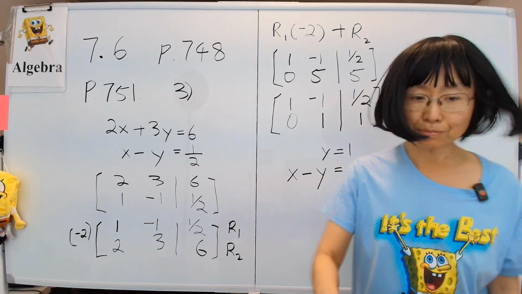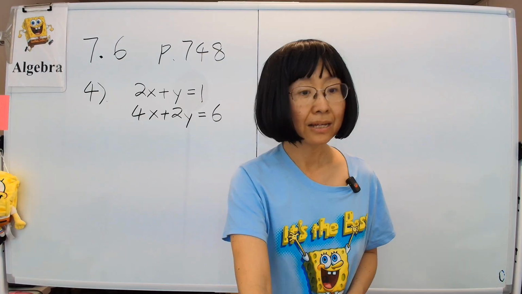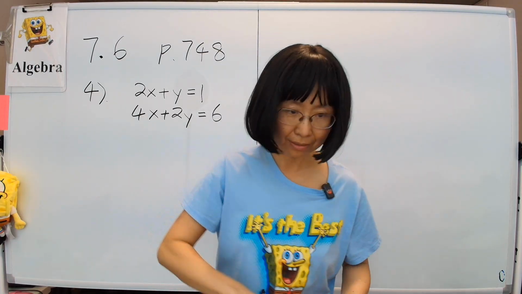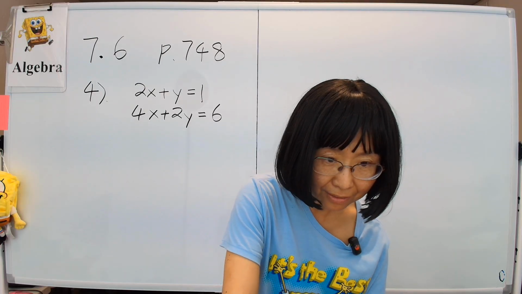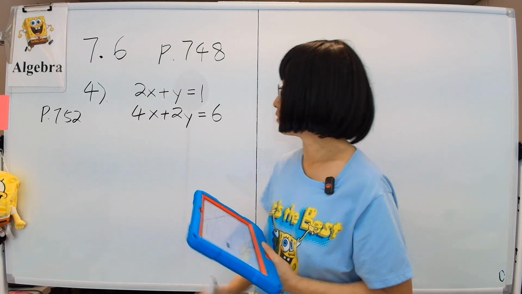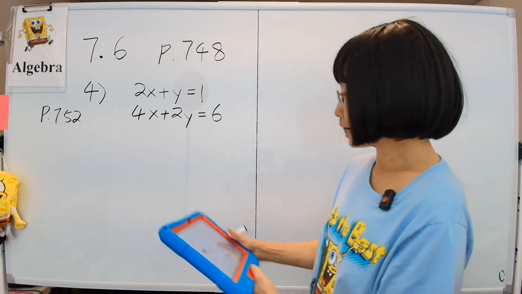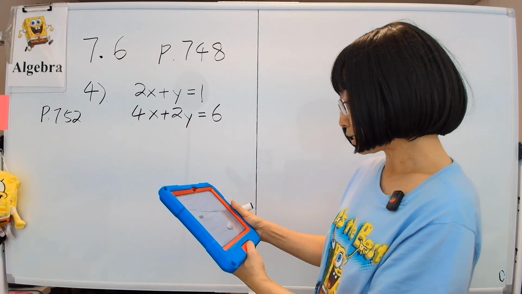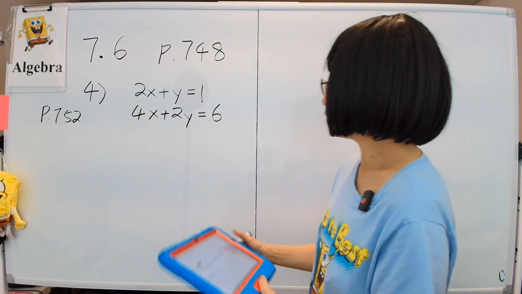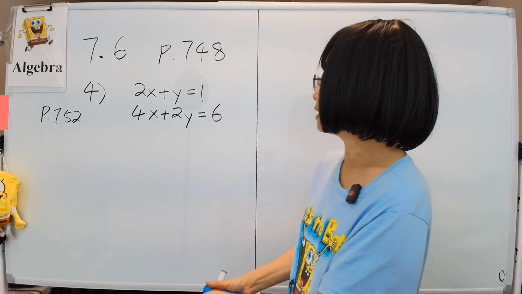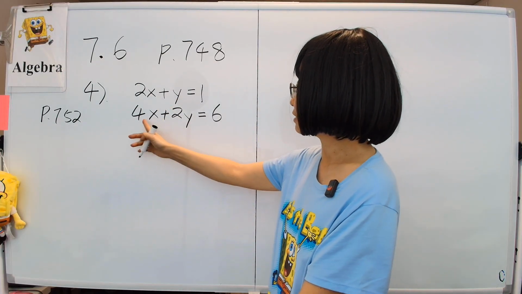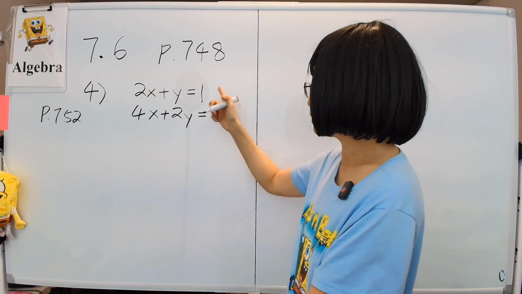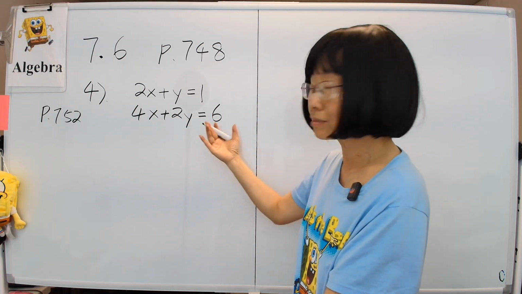So let me erase the board. So next, let's do example 4 on page 752, where we have 2x plus y equals 1, 4x plus 2y equals 6. And you notice immediately that this is 2x plus y, this is 4x plus 2y. This is just double of this, whereas 6 is not double of 1, which means there is no solution to